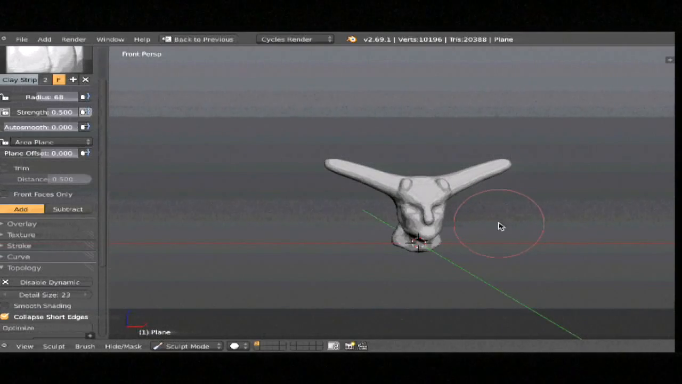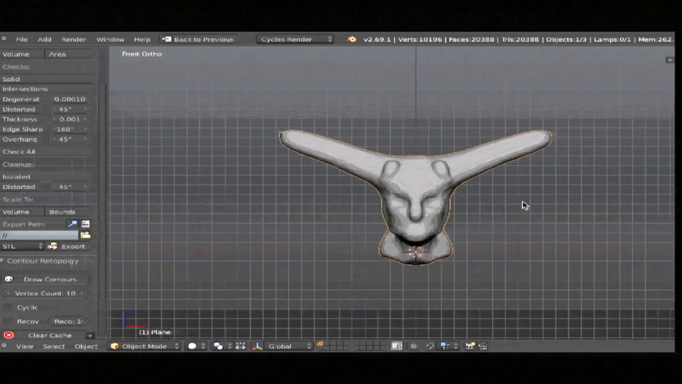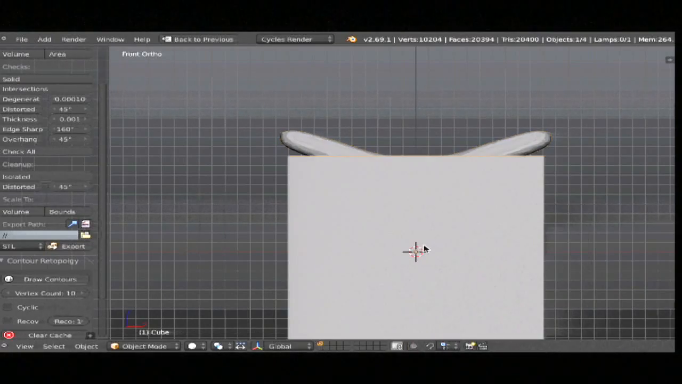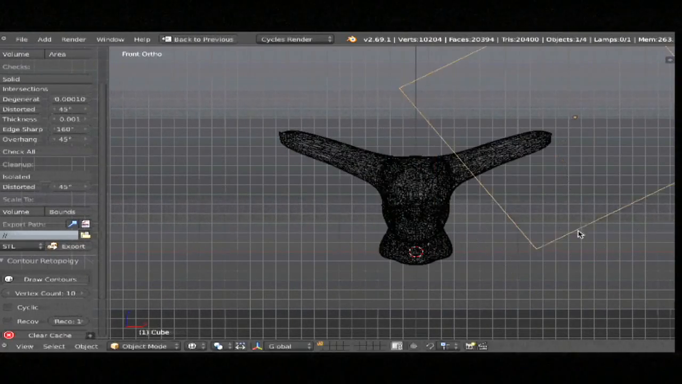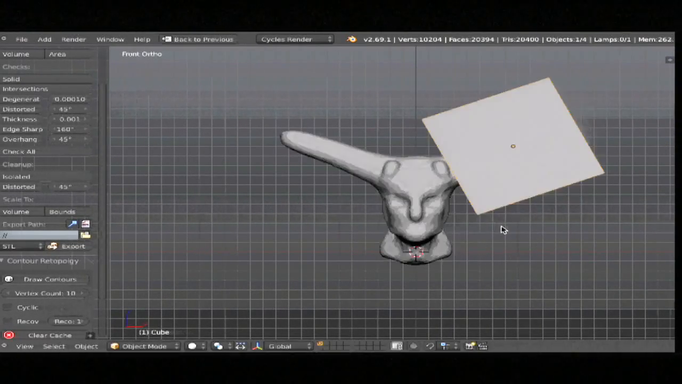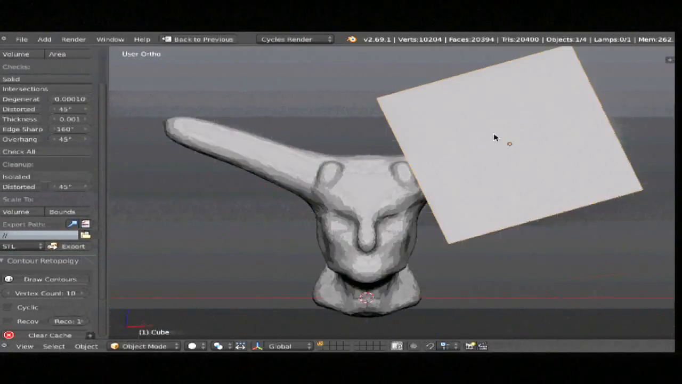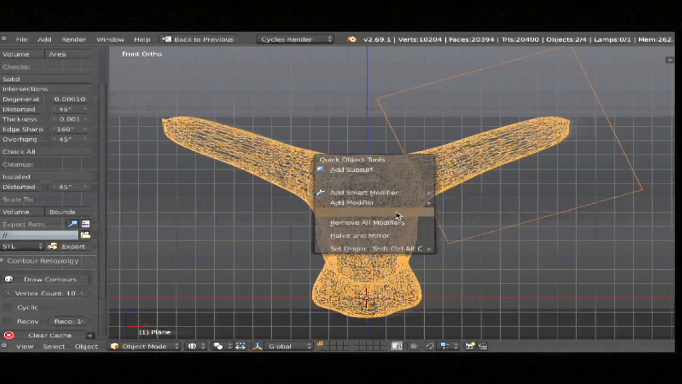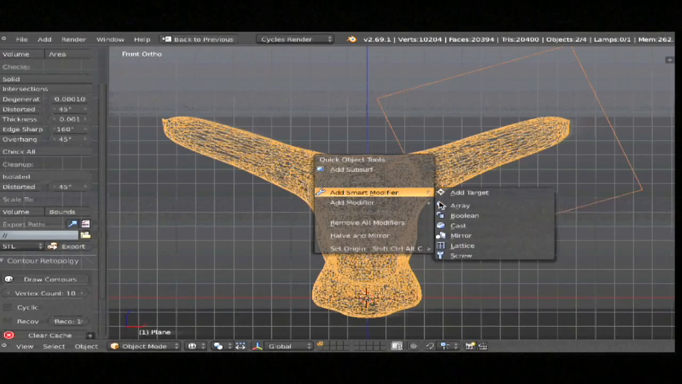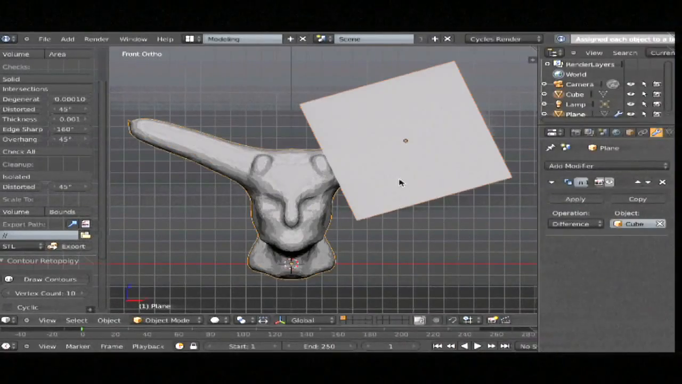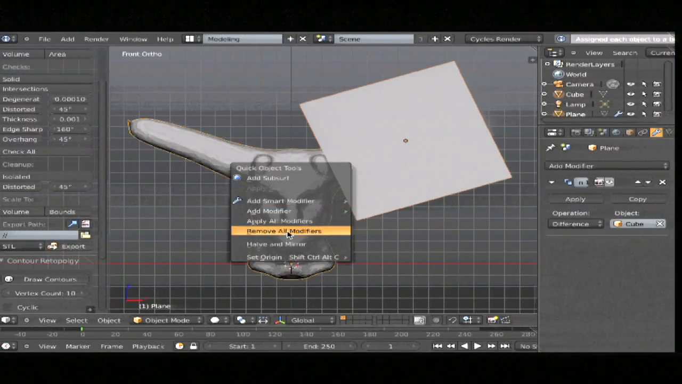So what you can do instead is just leave sculpt mode, grab an object, and you're just basically going to Boolean it. You can get as accurate or inaccurate as you like, and then you're just going to select them, and you're going to Boolean it. Then you can wipe it out, apply it,